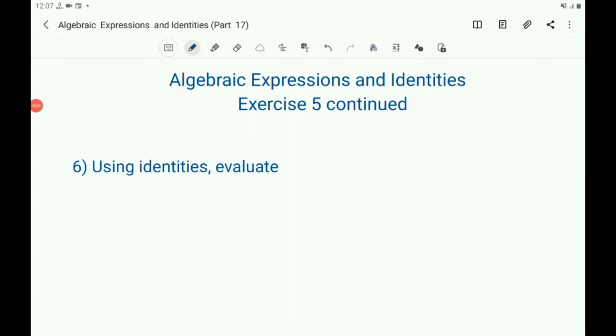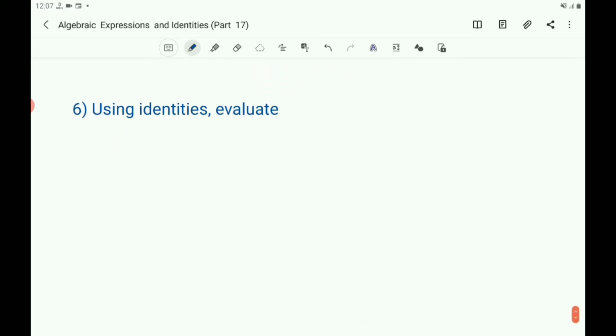Children, let us continue the chapter Algebraic Expressions and Identities. Now, exercise 5 is continued. The sixth question: using identities, evaluate. The first one is